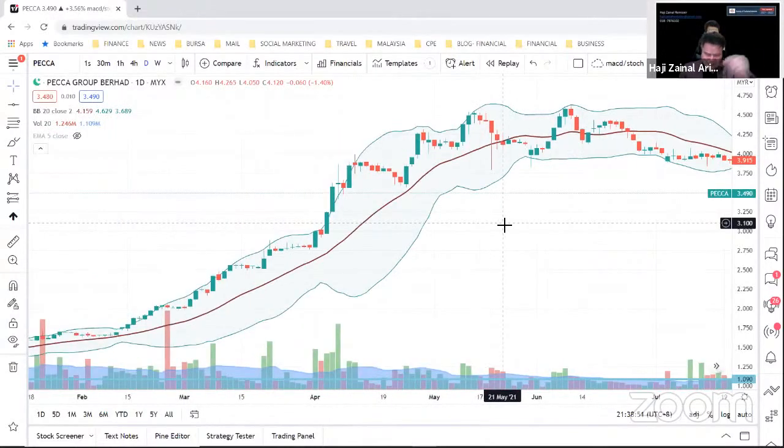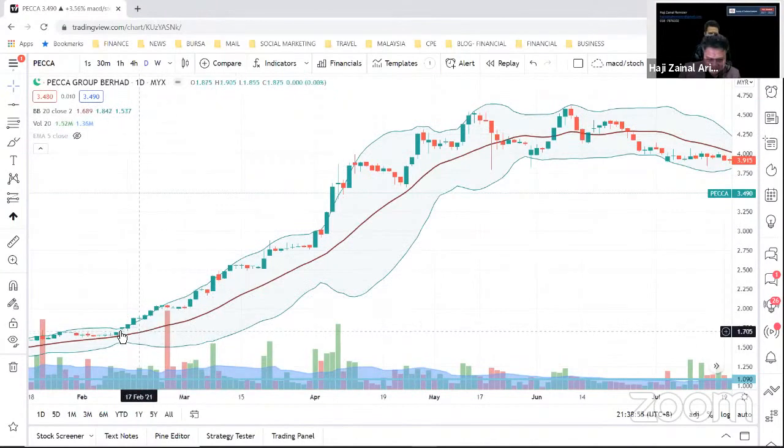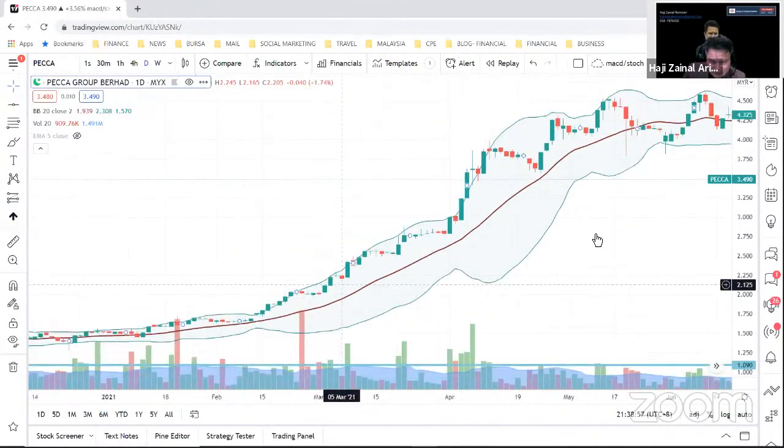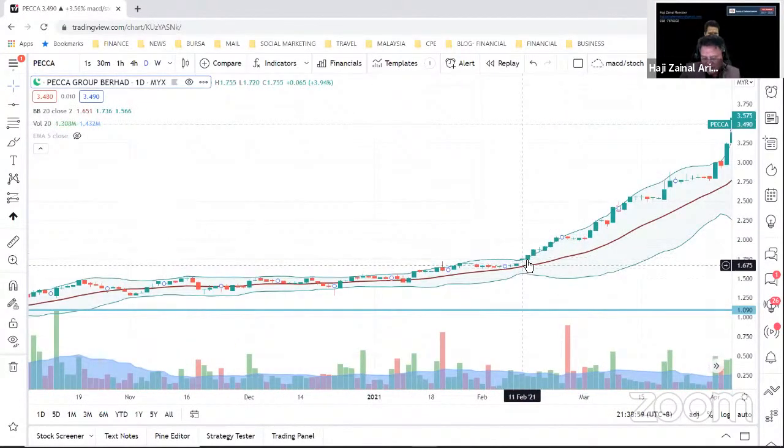So the volatility can be up and can be down. When the price, as you can see, for example, here, very clear, the price is moving up. So there is a very strong volatility going up. You can see that it's what we call here walk with the band. We say the price is above the